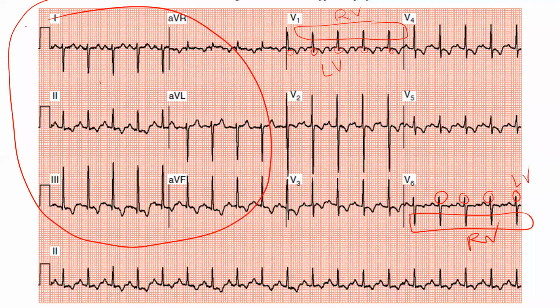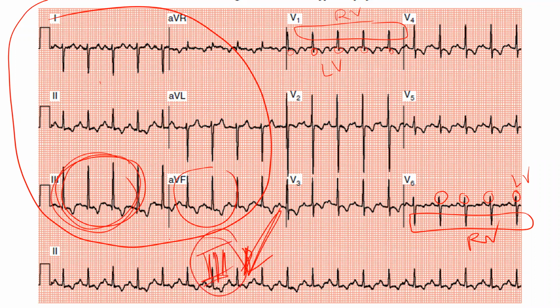Axis. RAD. So Varun got the answer now. So Varun was telling it could be left MI also. Right axis deviation has, see, aVF and 3 you see. 3 is having a bigger waveform. So it is going in the graph towards 3. Okay. This is the one evidence that there is a right axis deviation. Second answer for Varun.